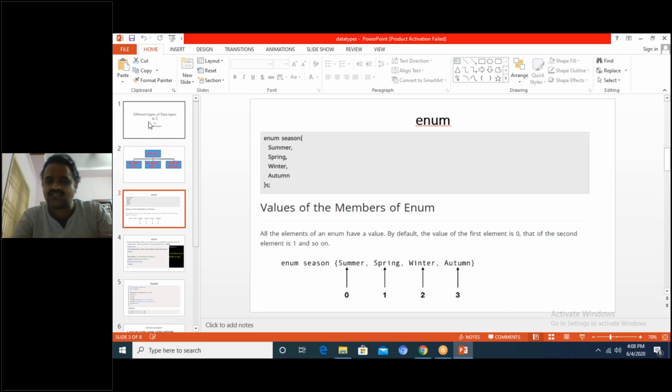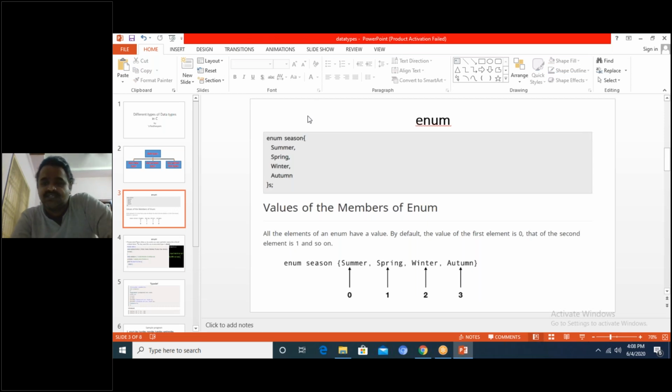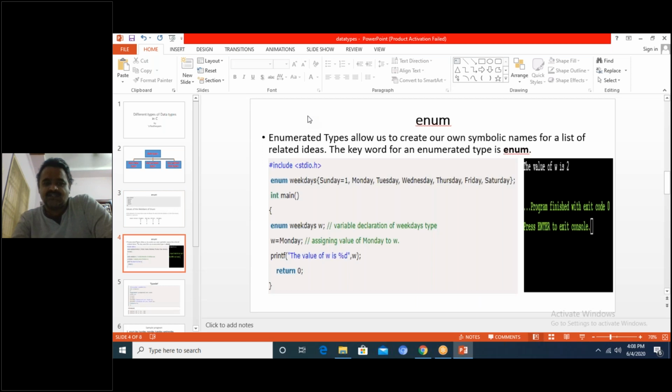Automatically summer will be allotted with 0 and remaining terms will be allotted with 1, 2, etc. Here enum is a keyword, season is a name of the data type. This is the way we can do the programming using enum.